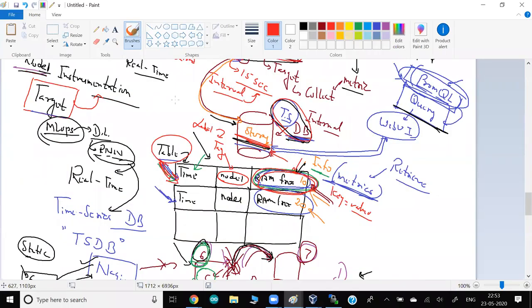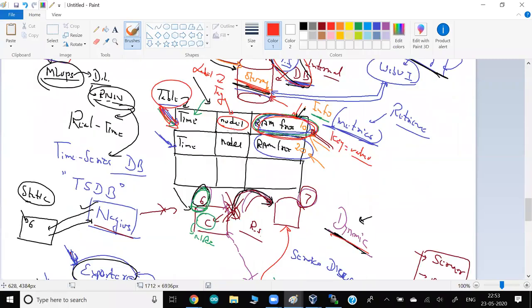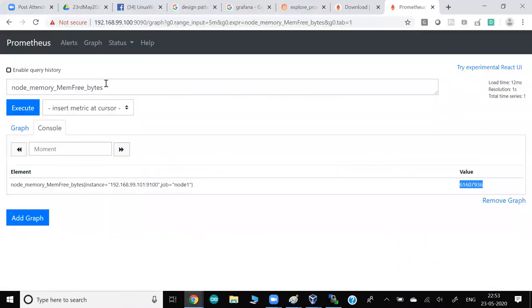So in the future, if you would like to only check the information about node 1 or node 2, AWS cloud, only this Docker, only this Kubernetes, only Windows, how can we search? If you write this query, it will show you information of all the nodes. Okay, right now it's not showing because I have only one node. It will show all the nodes.